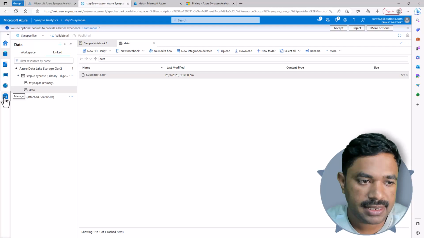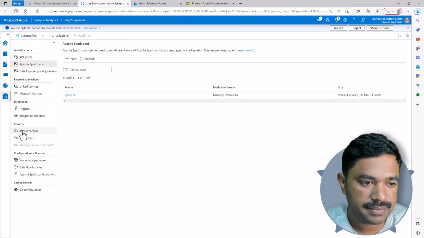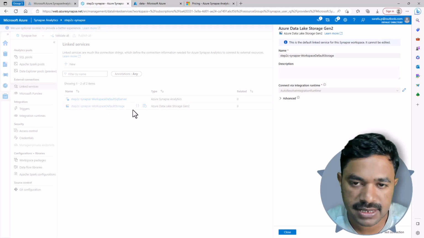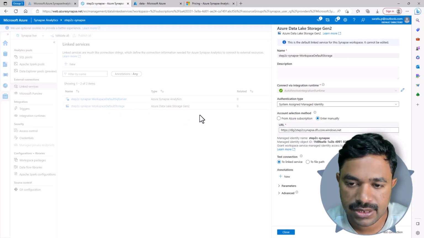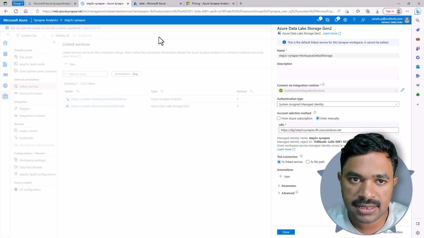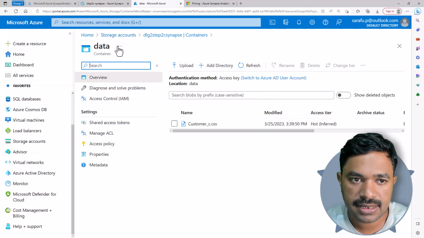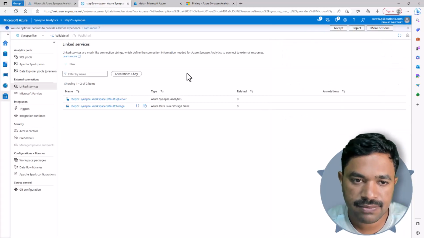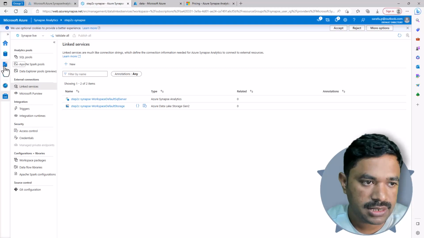Similarly, if you go to Manage and go to Linked services, you could see there is a linked service called Step2C Synapse Workspace Default, which was created at the time of creating our Synapse Analytics. And this one is pointing to our same container or same data lake. So we will be able to access this data lake from Synapse without any effort, and there is enough permission we already granted. So let's go to Develop